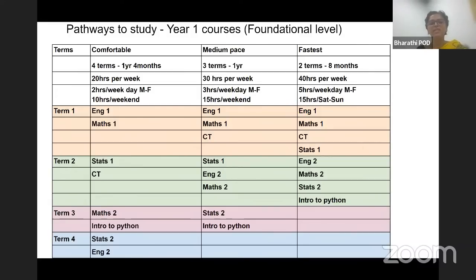On a weekday you can do about 3 hours, and on weekends a couple of 15 hours. Then you can do 3 courses in the first term, 3 courses in the second term, and 2 in the third term. So within 1 year, you can actually finish your foundation level. And of course, there are the students who do 4 courses in every term and also finish in just 2